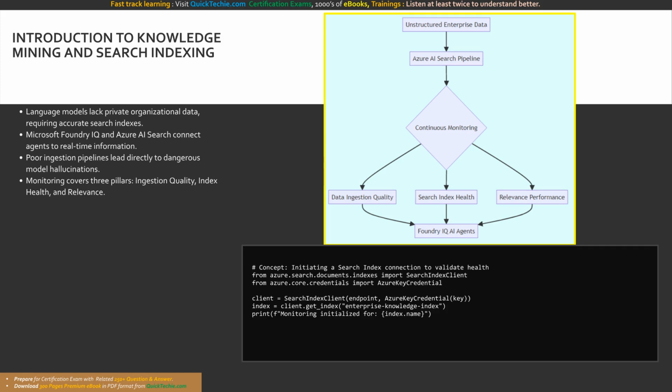When we build generative AI solutions, especially those using Retrieval-Augmented Generation, or RAG, the intelligence of our AI agent is entirely dependent on the quality of the data it can access. Prompt engineering helps guide how a model responds, but it cannot give the model knowledge it doesn't already have. Language models are trained on massive datasets, but that training data inherently has a strict cutoff date and completely lacks your organization's private information. When a model lacks relevant context, it might generate responses that sound incredibly plausible, but are